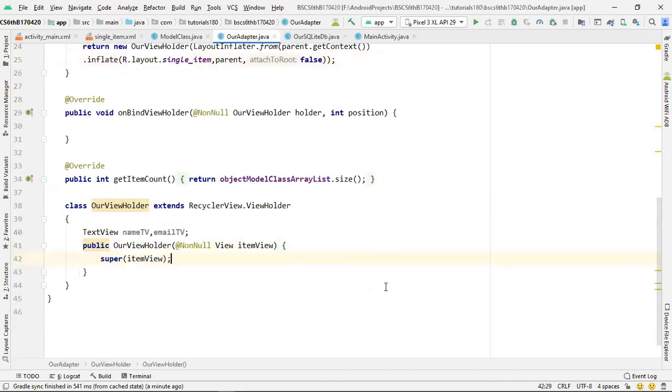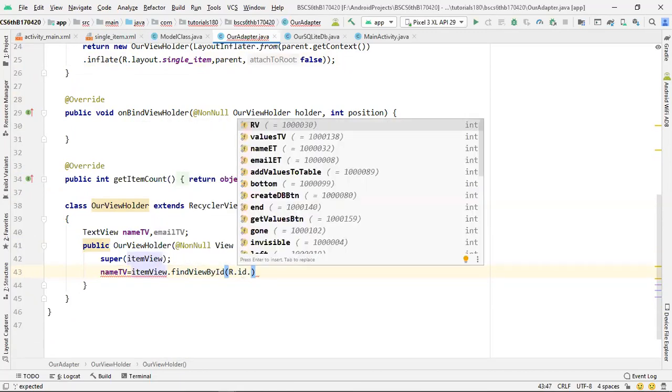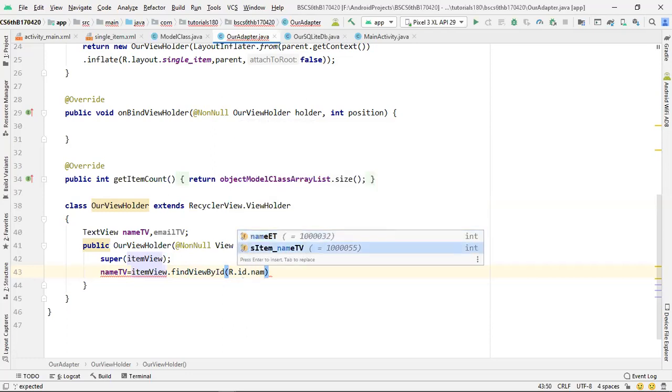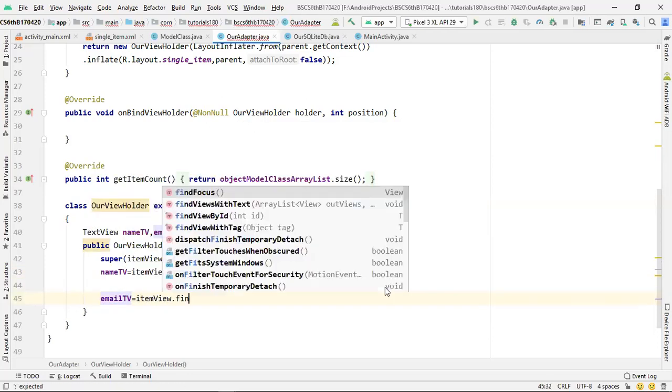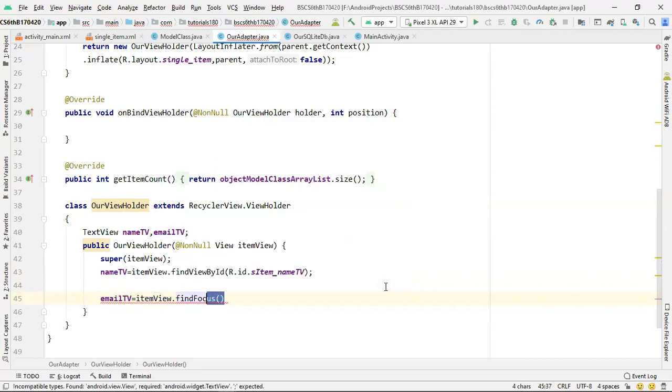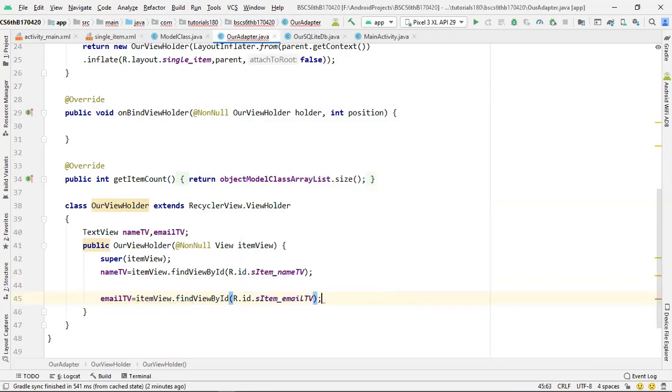Now I'm going to connect this name text view. Name text view would equal item view dot find view by id, and this is the single item name text view, and the second one would be email equal to item view dot find view by id dot id, and that was s item email.